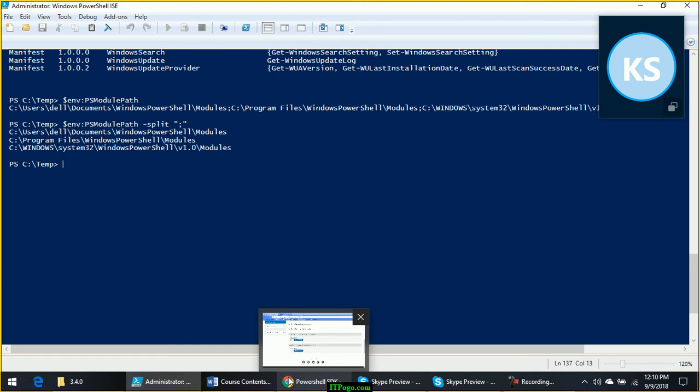Okay, when you are installing the software, it will come up with the wizard, right? Where you can choose where you want to install the software. So when you select an alternate location, that software installation wizard will update the PSModulePath variable automatically.